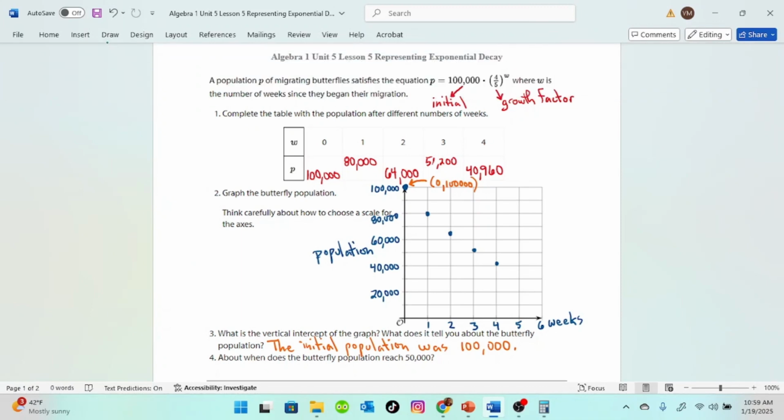And number 4, about when does the butterfly population reach 50,000? We can see that we are slightly above 50,000 at 3 weeks, and we're well below it at 4. So, shortly after 3 weeks, the population reaches